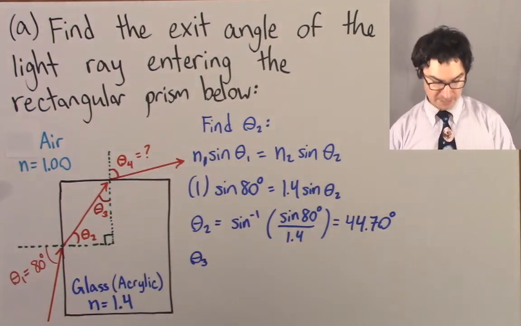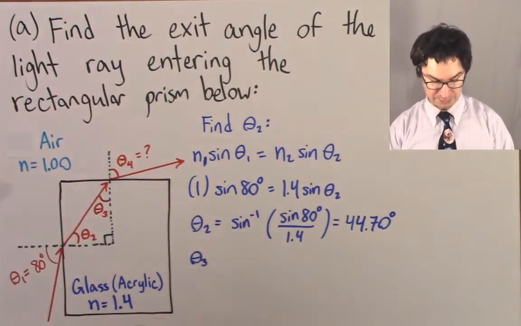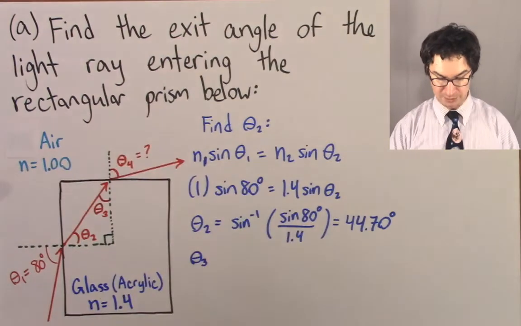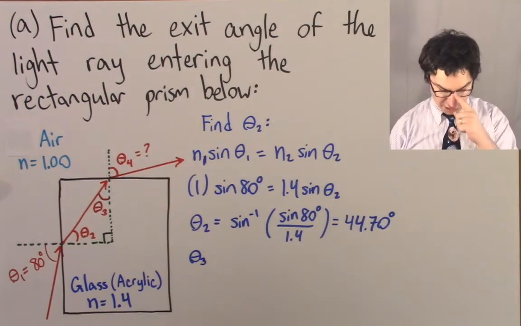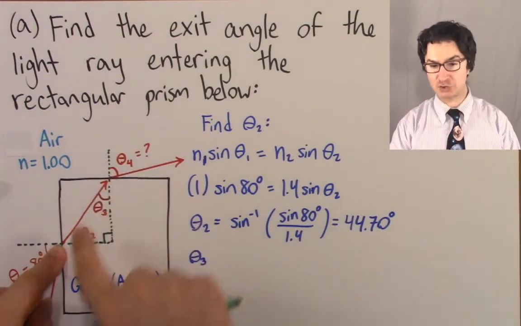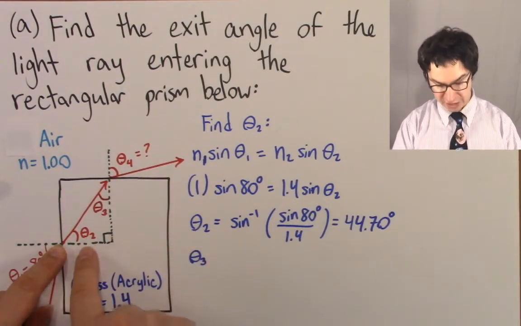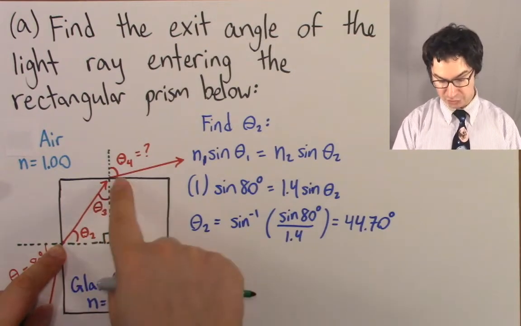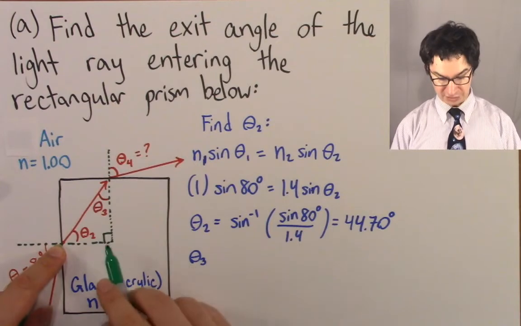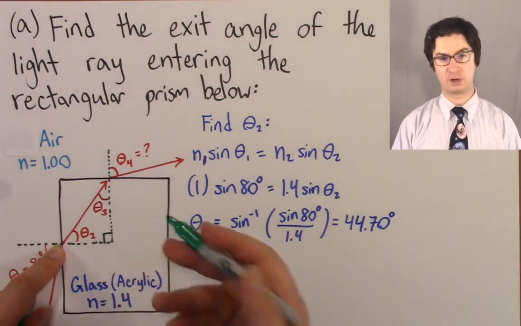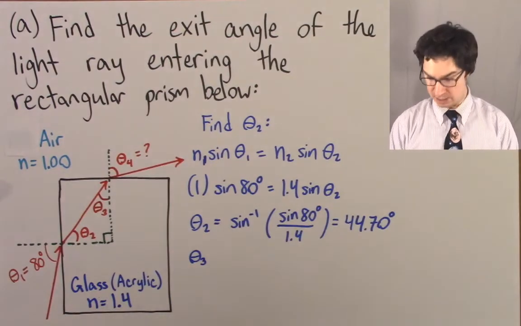Why is that? Because this is a rectangular prism, which means that this side is perpendicular to this side, which means that this normal is going to be perpendicular to this normal. So the question is, if you have a right triangle represented in here, what's got to be true about theta 2 and theta 3? In a right triangle, the two acute angles always have to add up to 90 degrees, right? Because this is already 90 right there, and the sum of all angles in a triangle has to be 180 degrees. So theta 3 has to be